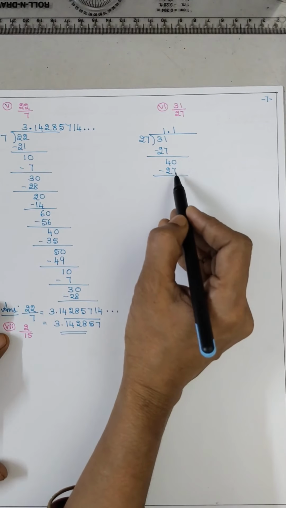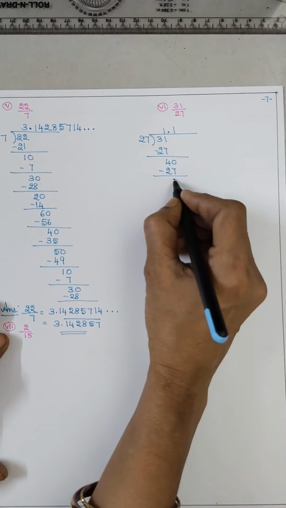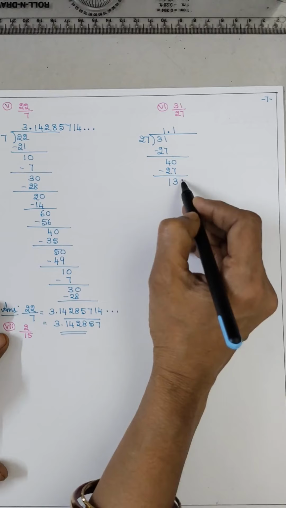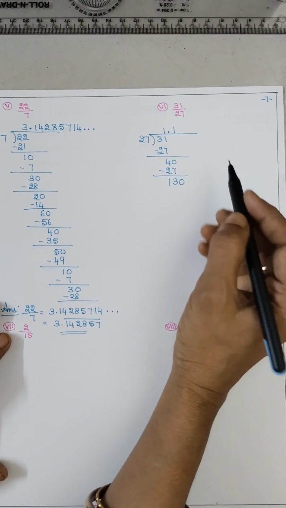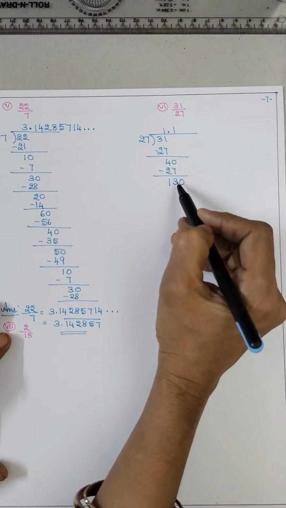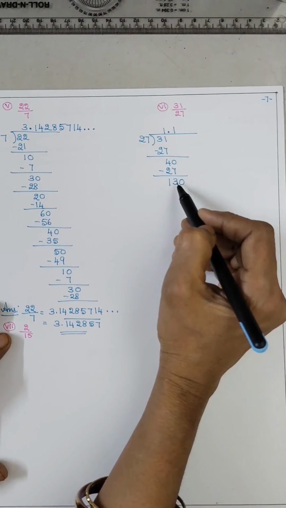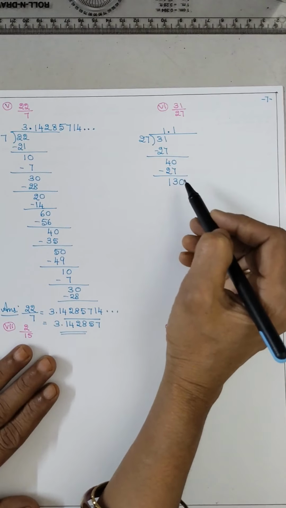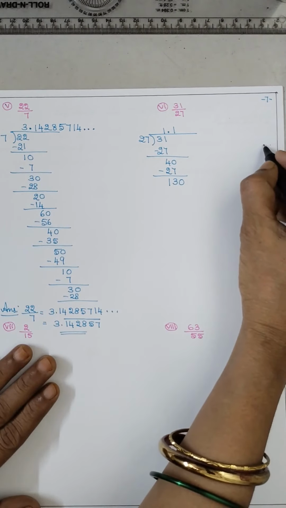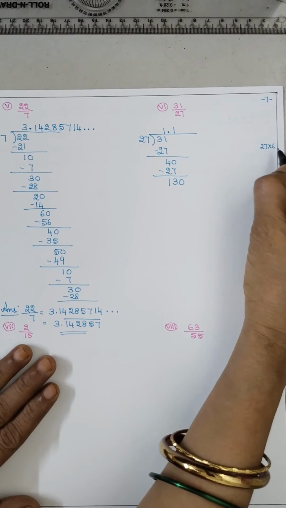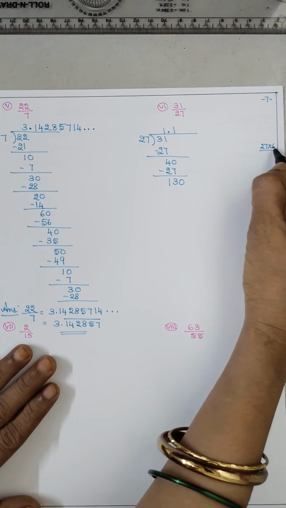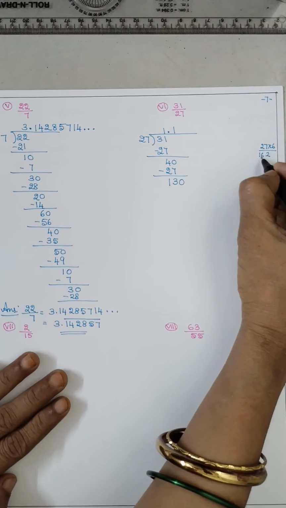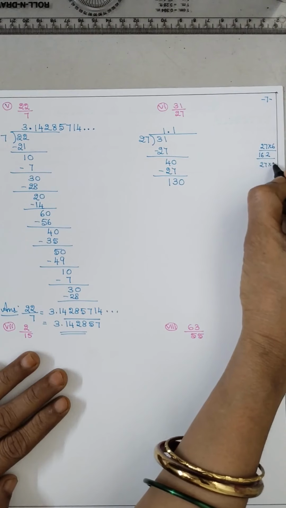So 10 minus 7 is 3. Now here 3 is there. 3 minus 2 is 1. Take an extra 0. Now 2 how much za? 13. 2 6 za? 12. So if you want you can check 27 6 za. It will be bigger only. 6 7s are 42. 6 2s are 12, 13 14 15 16.